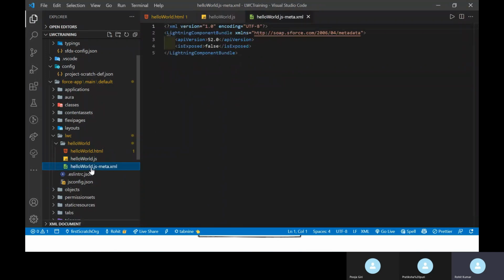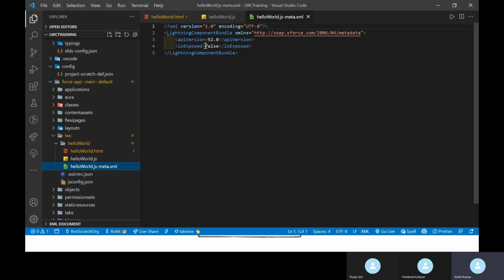Under the meta file, you can see this type of thing in XML format. So no need to worry about all the things like version 1.0 and UTF. Just focus on the API version. Right now we are using 53, but 52 is the latest stable version.